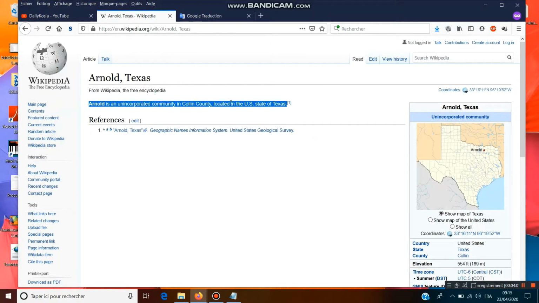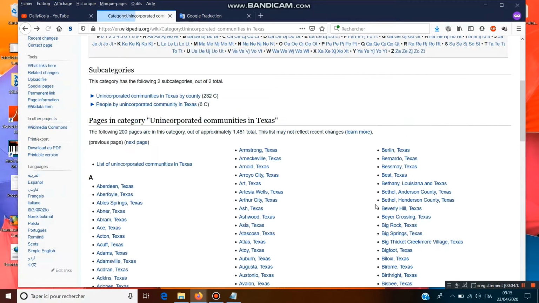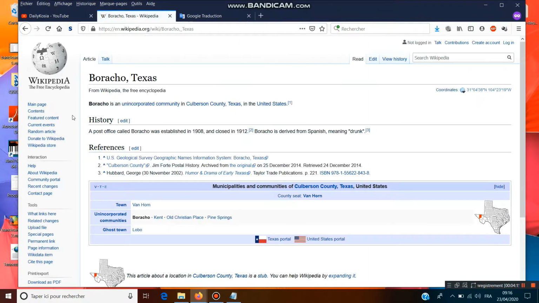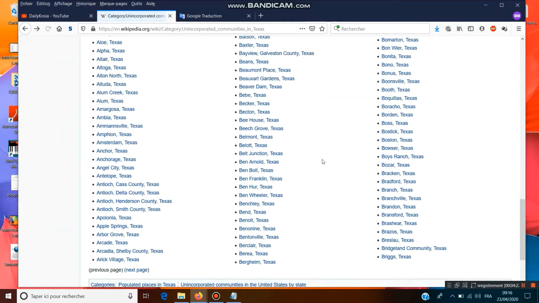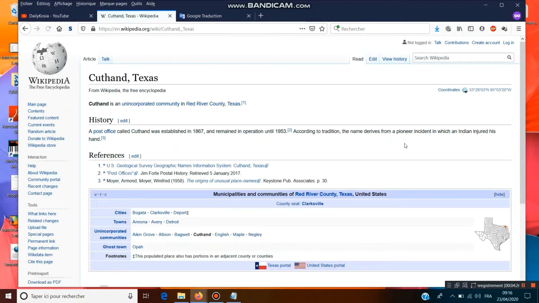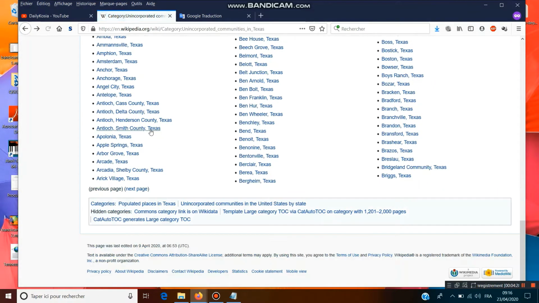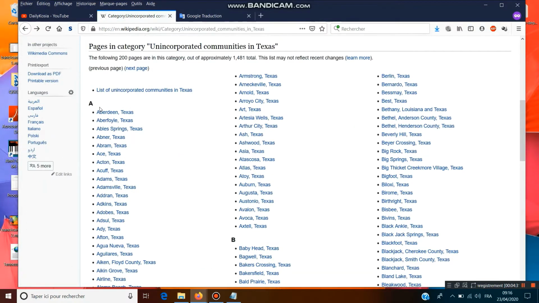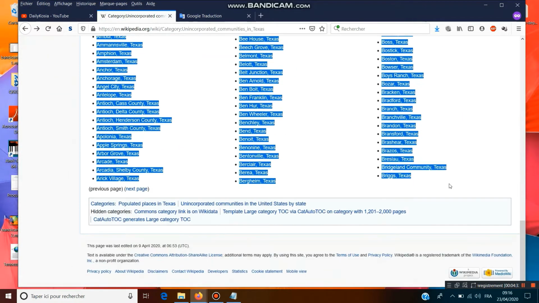We don't know when it was founded, or if it still has people living there. For example, here the post office was established but closed. So we must have a more automatic way to find this information.